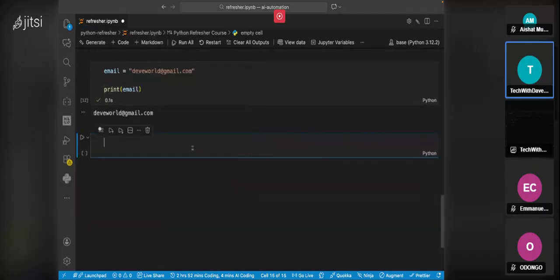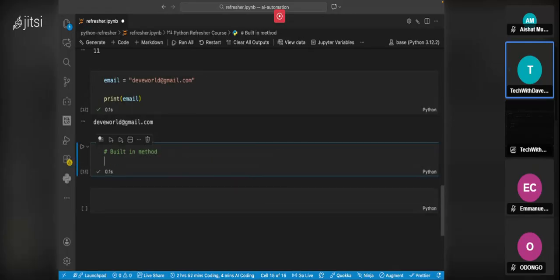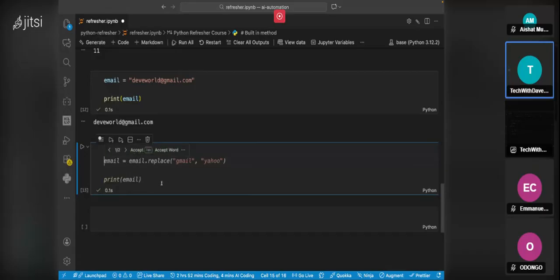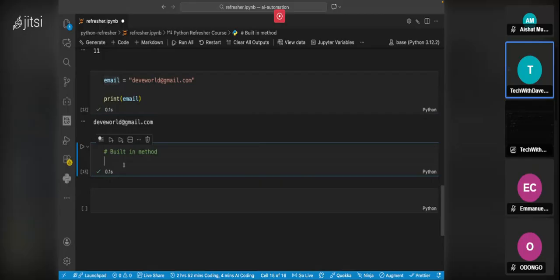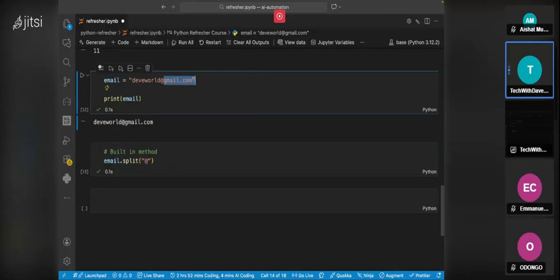And for example, I'm told to use a built-in method, right? So let's talk about a built-in method to find the email domain. If they ask you, okay, how can I know the domain that was assigned to this particular variable, we can do something like splitting it by @. So if I say email.split by @, and I want to return the domain name, the domain name is gmail.com, but you need to also understand that when you're using the .split method, it returns